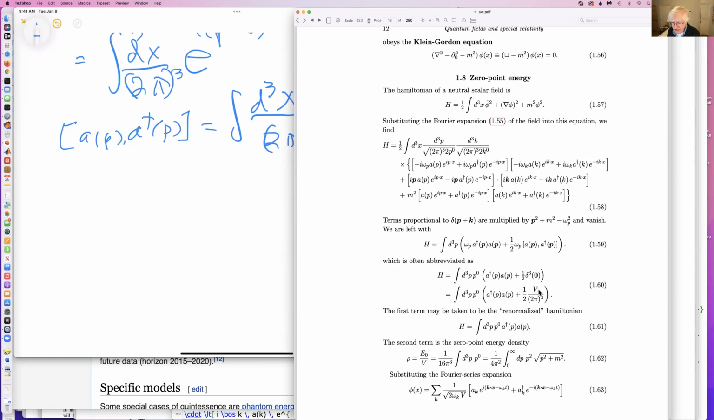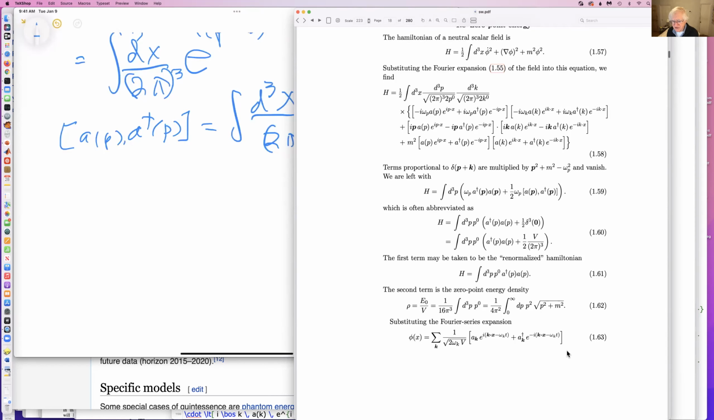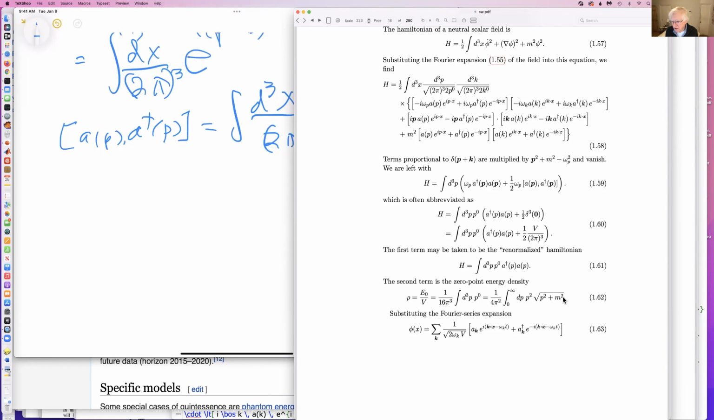And so that's this term here, V over 2 pi cubed. V is the volume of space, so if you divide by that, you get an energy density. And that's the factor here, which is 1 over 2 times 2 pi cubed, that's 16 pi cubed. Then an integral d cubed P of P0, and that's a terribly infinite expression. It's the integral up to some enormous value, big P,